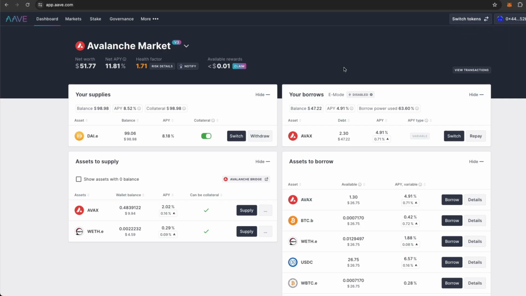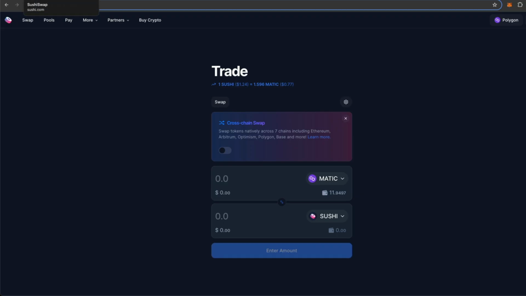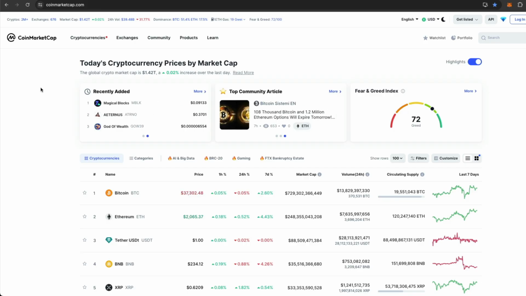Because I don't want to just give you 10 protocols and you don't know how to use anything else and you're really uncertain about how to go and discover these on your own. I want to make sure you can go and locate new ones and you can discover better yield opportunities and ones that are off the beaten path, which sometimes yield higher yields. But you just obviously have to be safe and do your due diligence and research them. So I'm going to close out these protocols that you're already familiar with, and let's jump into this lesson.